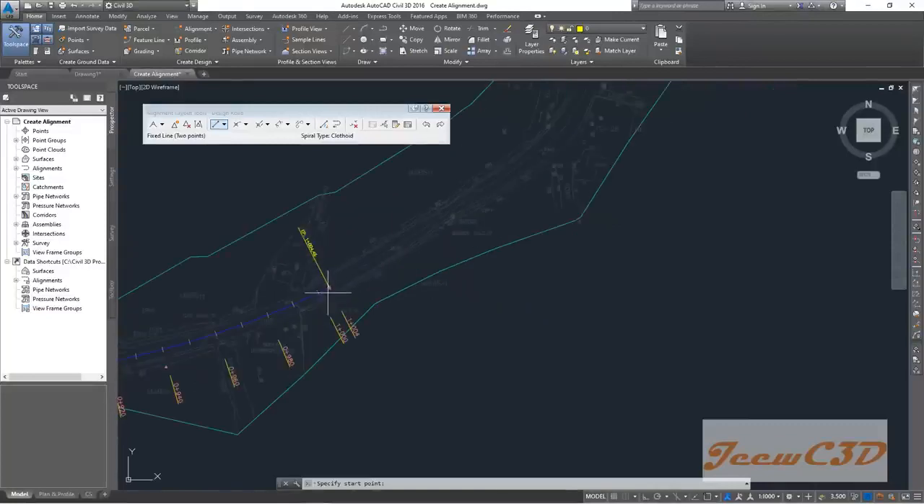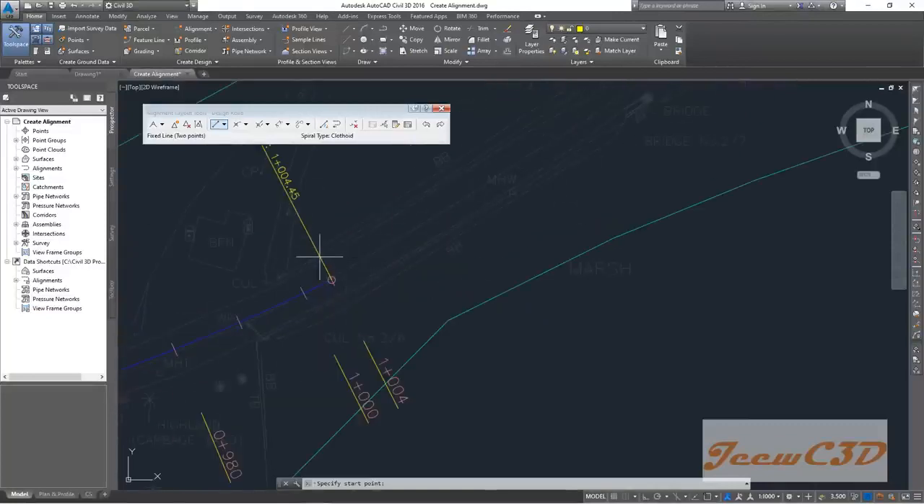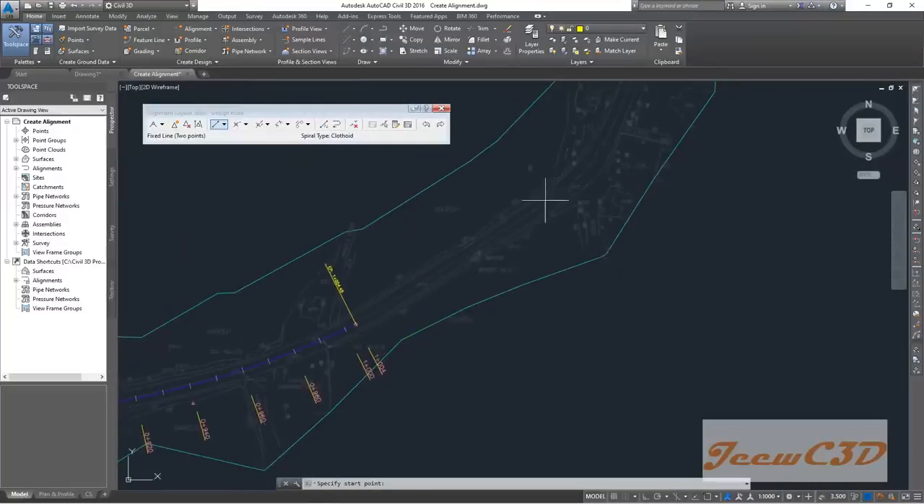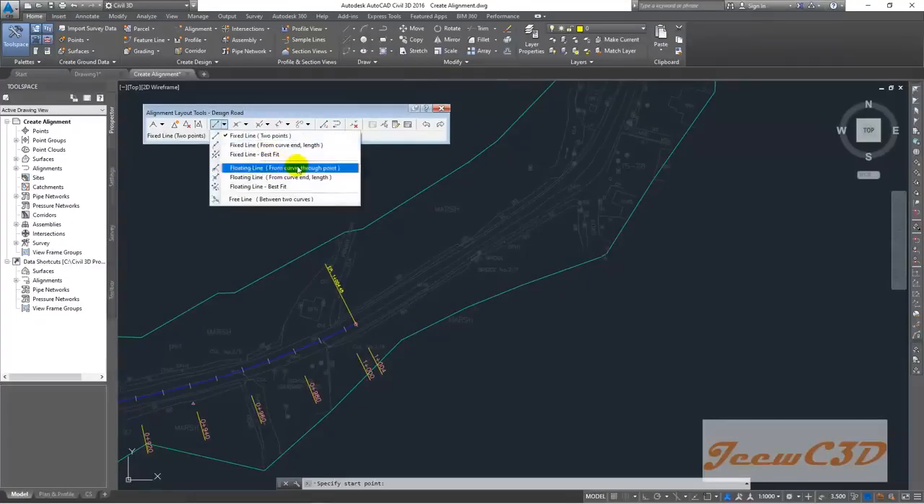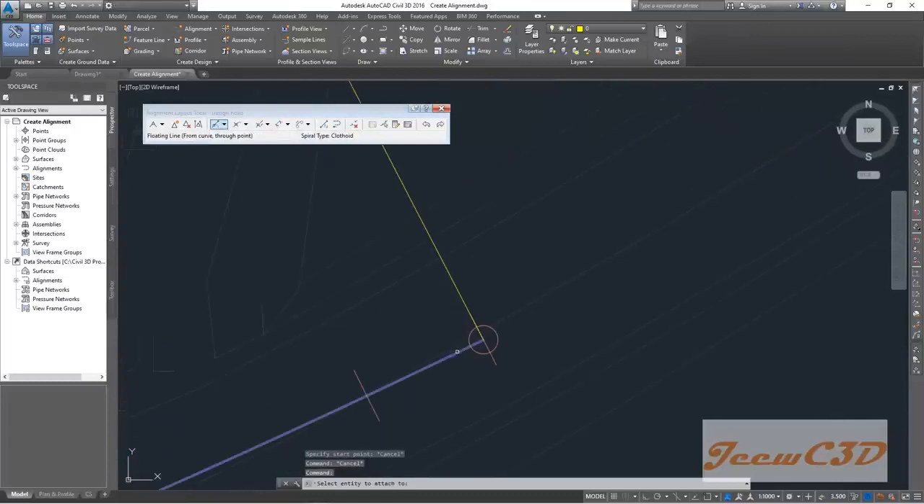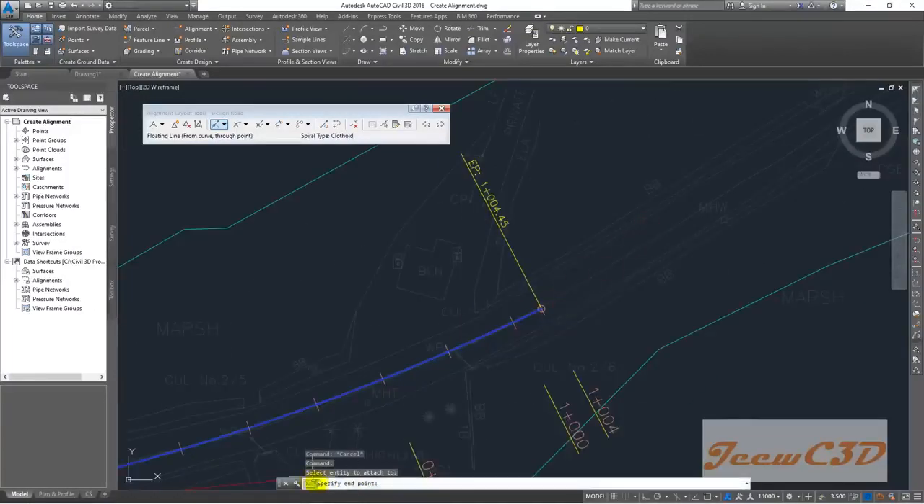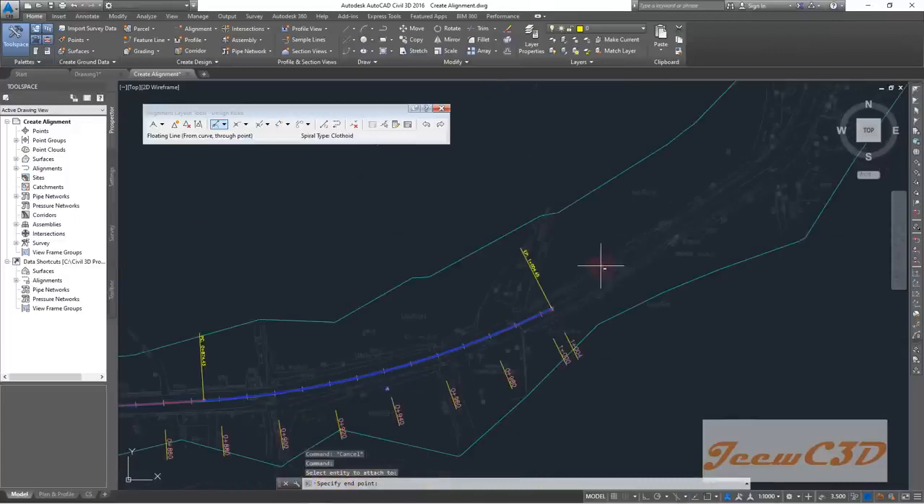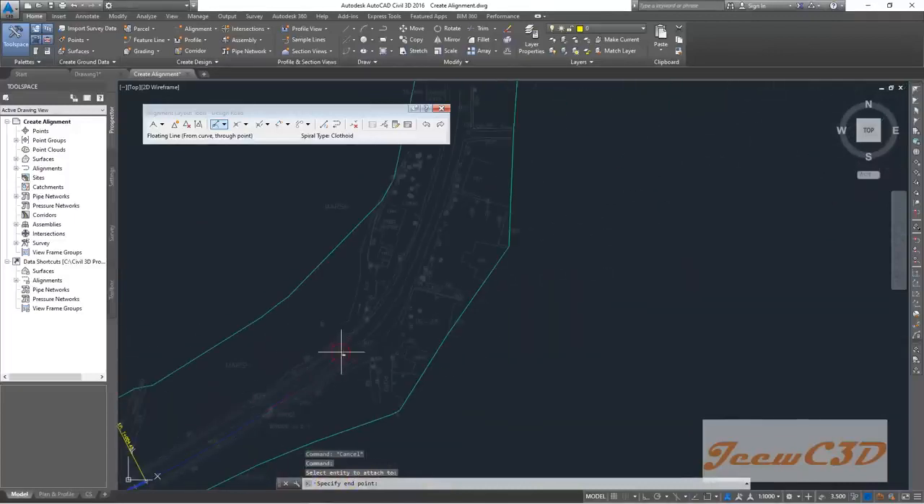So here you have to go to a floating line because you have a constraint at the starting side, and inside we don't have any constraint. So I go here, floating curve from through point. Then it is asking select the entity to attach to. So I select this one. Then it is asking what is your endpoint. So I will be selecting